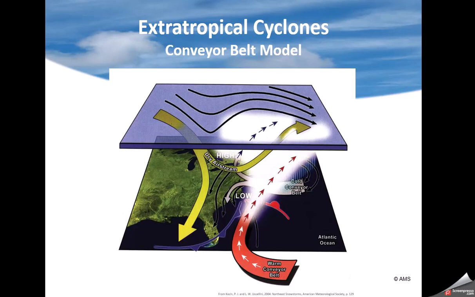There's another way of looking at extratropical cyclones, and that's what we call the conveyor belts. In an extratropical cyclone, there's a warm conveyor belt out of the tropics and up along the east side of the low. There's also a cold conveyor belt that comes up and out of the north, drops down, and lifts up over the low pressure system. The warm air actually rises up and over the cold conveyor. When that happens, that's where a lot of the precipitation occurs. It's also how the comma head occurs.